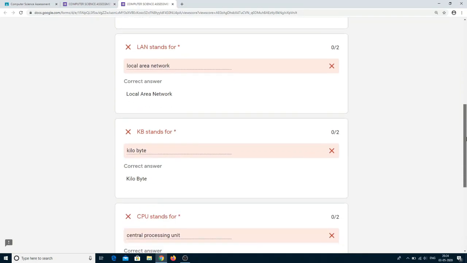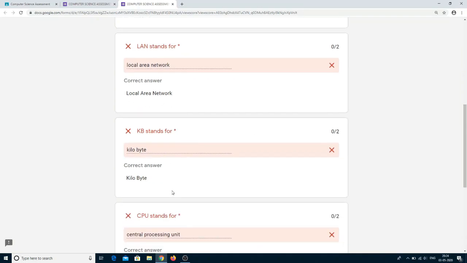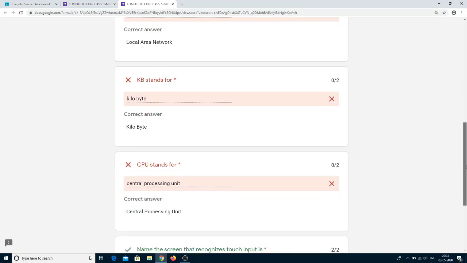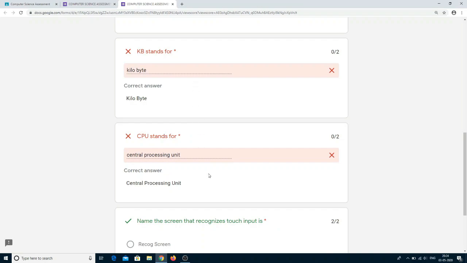All the options will be provided by the teacher in the fill in the blank and short answer questions. That's the reason these questions show errors here: the answer, kilobyte, is correct, but the problem is case sensitivity. In fill in the blanks, if it matches exactly, it will give the points, otherwise it will not. That's the reason all these 3 questions are wrong. This is just a trial session; in an exam, the teacher will give all the possible options for fill in the blanks.